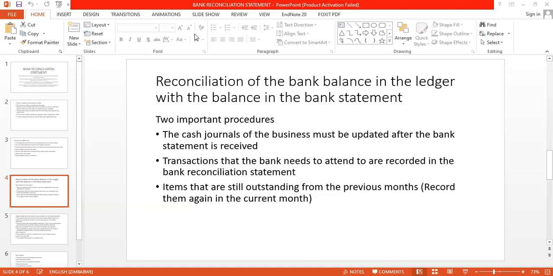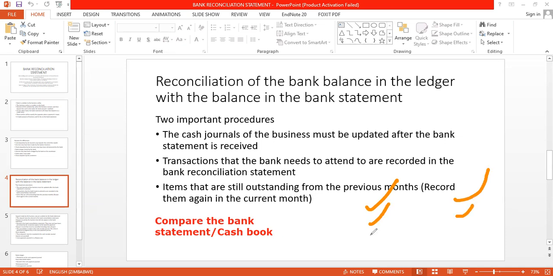The first thing is we deal with the bank. So the first thing is we compare the bank statement and the cash book. After the comparison, this comparison is this idea of ticking 1, 2, 1, 2. So we are just comparing. All these that we have ticked, it means it's existing here, it's also existing there. So if we have got any other thing that remains, if this is the bank and this is the CB,